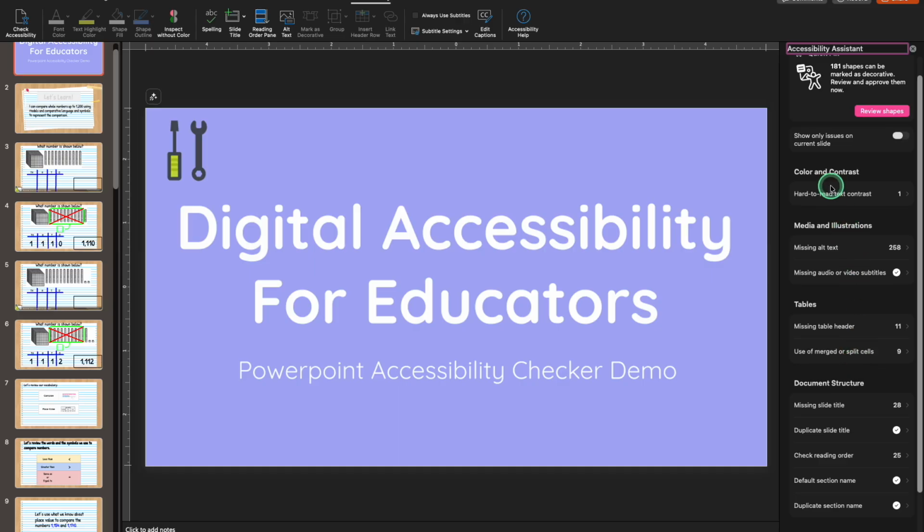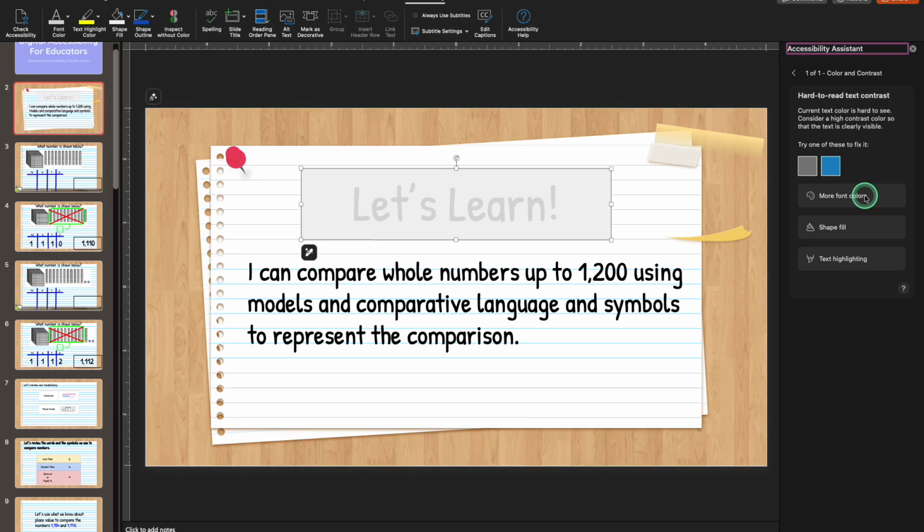This video will be divided into how to fix issues for color and contrast, media and illustrations, tables, and document structure. We're going to start with color and contrast. If we click on Hard to Read, it takes us to the first issue under that category for color and contrast. So as we can see in this slide, the text box has text that is not